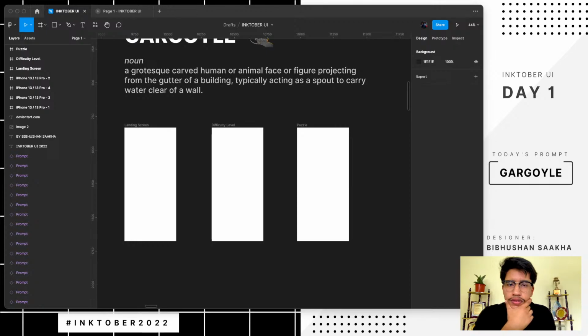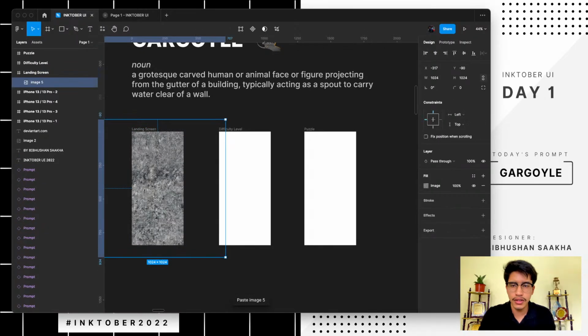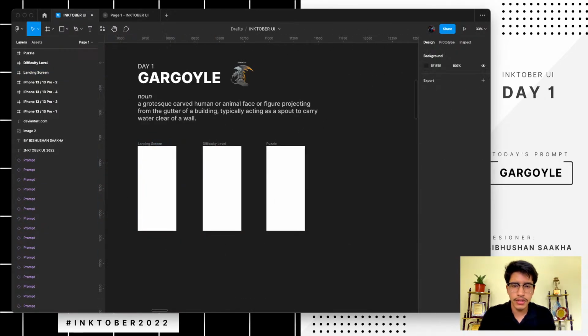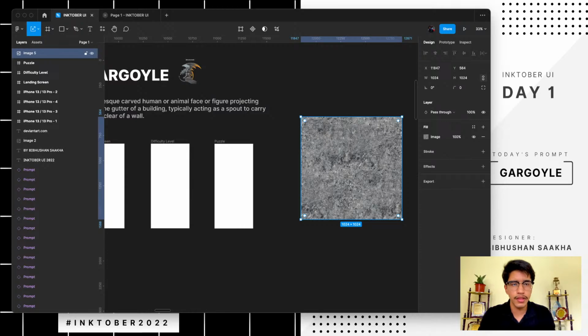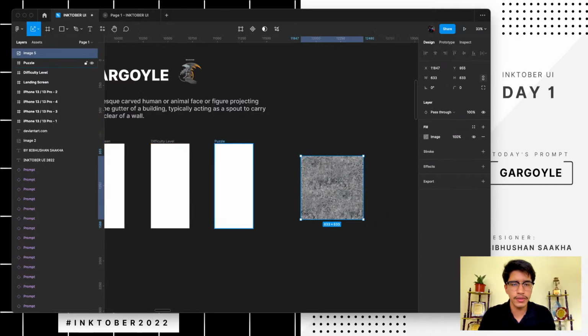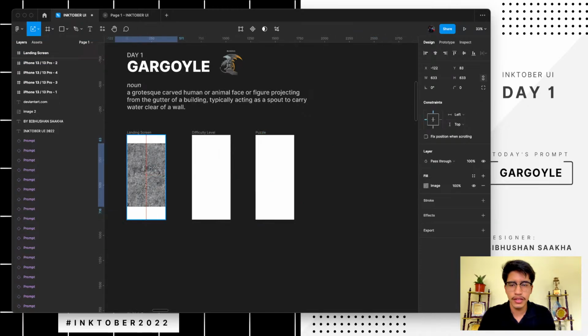Let me just search for a while. Let's go for any type of stone texture. Okay, I'll be pasting it here. Let's just paste it here outside, and I'll be using this. So this will be the background, kind of. Let's just use this, fill the screen,